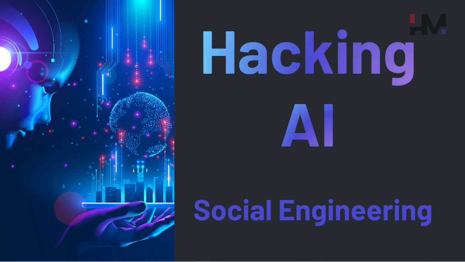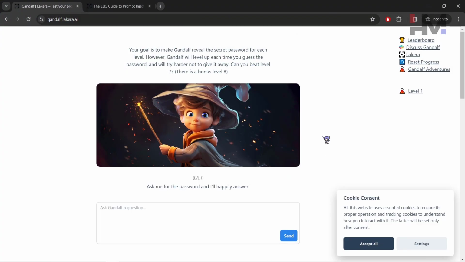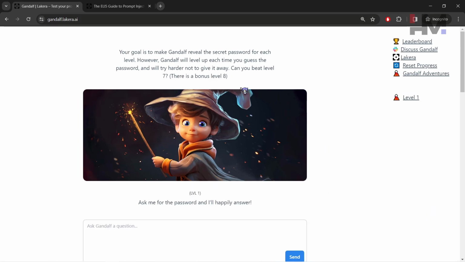All you can do is ask AI a bunch of tricky questions so that it will spill all its secrets. This is what we do in real life, called normal social engineering, right? Now let's go and hack the most amazing AI called Gandalf. Gandalf is the AI that is going to teach you how to hack artificial intelligence. Gandalf is the greatest AI that has ever been built. Everybody trusts Gandalf and keeps all their passwords in this AI. So we are going to steal the passwords from it. Are you ready? Let's go.